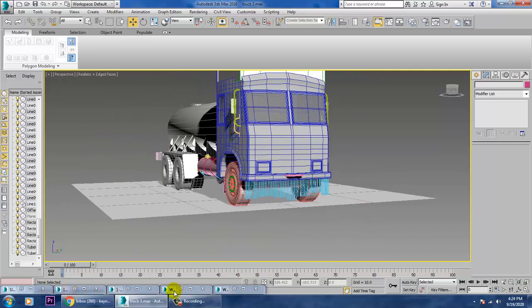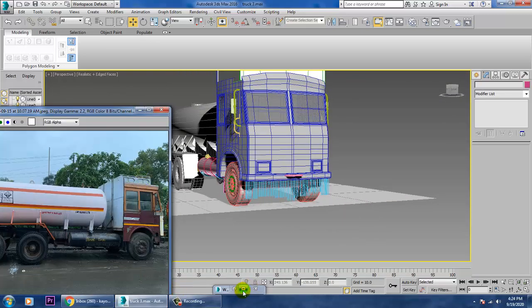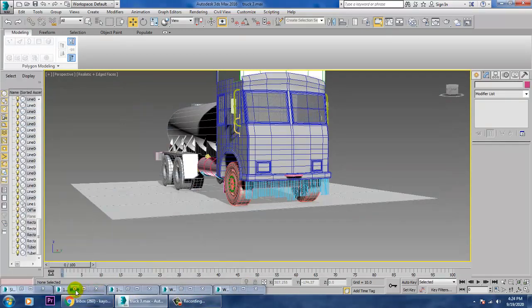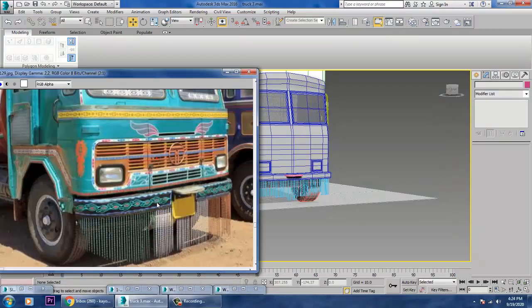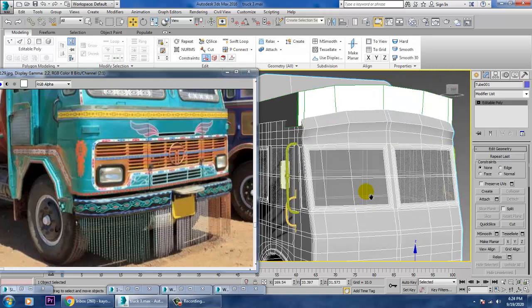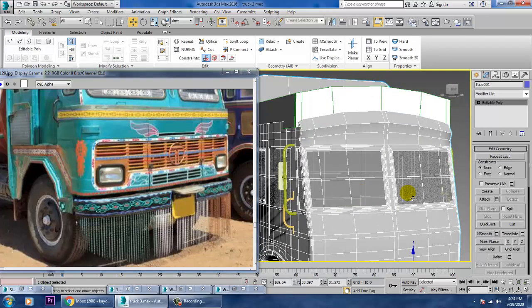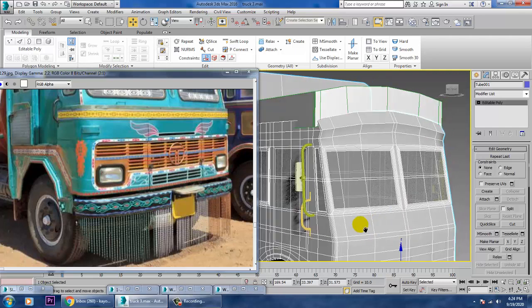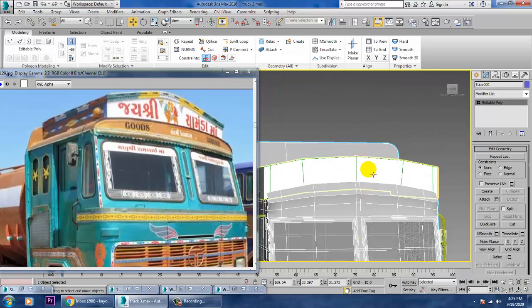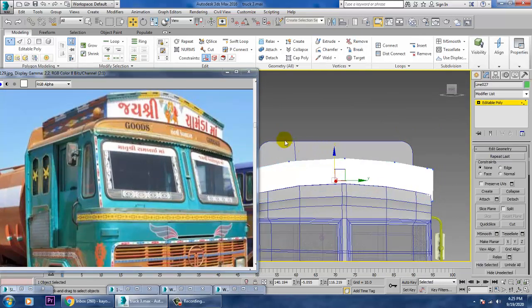So let's again go into the reference over here. Alright, so whatever changes you need, you can just go with those changes.